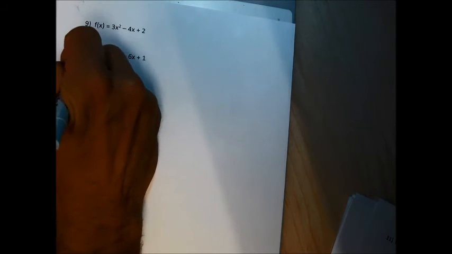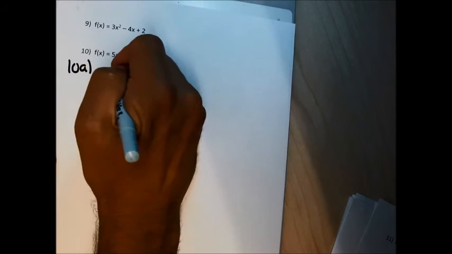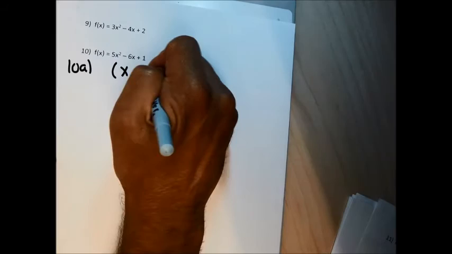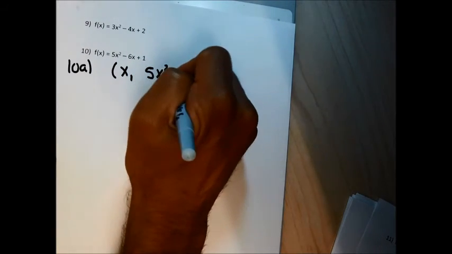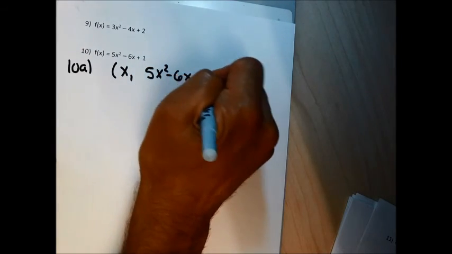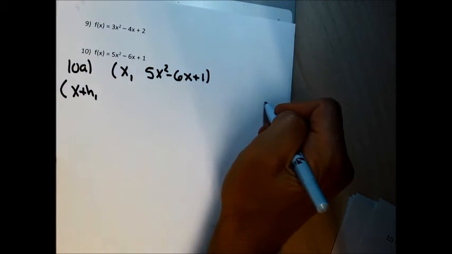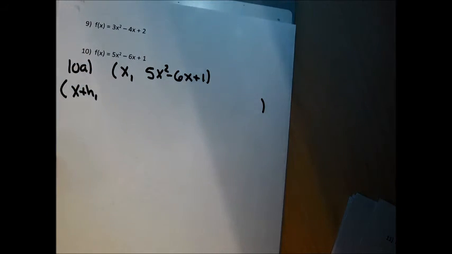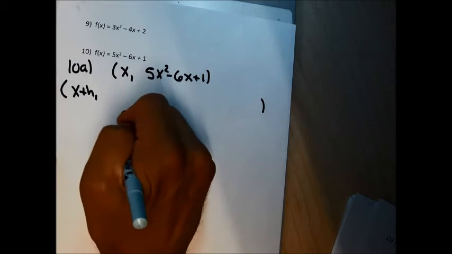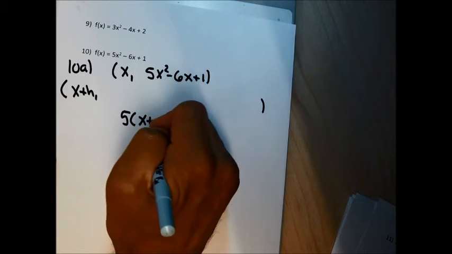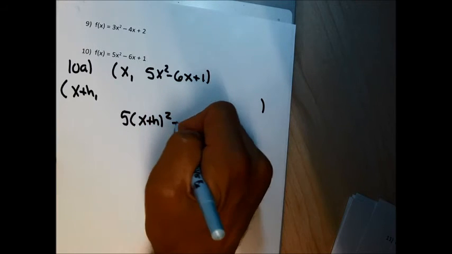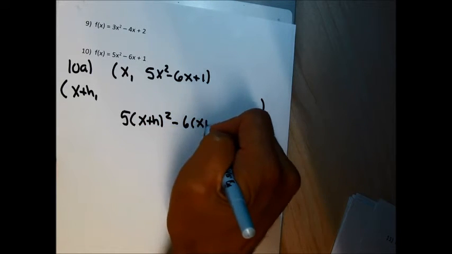All right, so 10, to do part A, I need 2 points. The first point is going to be x comma 5x squared minus 6x plus 1. The second point is going to be x plus h comma, and it's going to be a mess. To get the second point, I have to go 5 times x plus h squared minus 6 times x plus